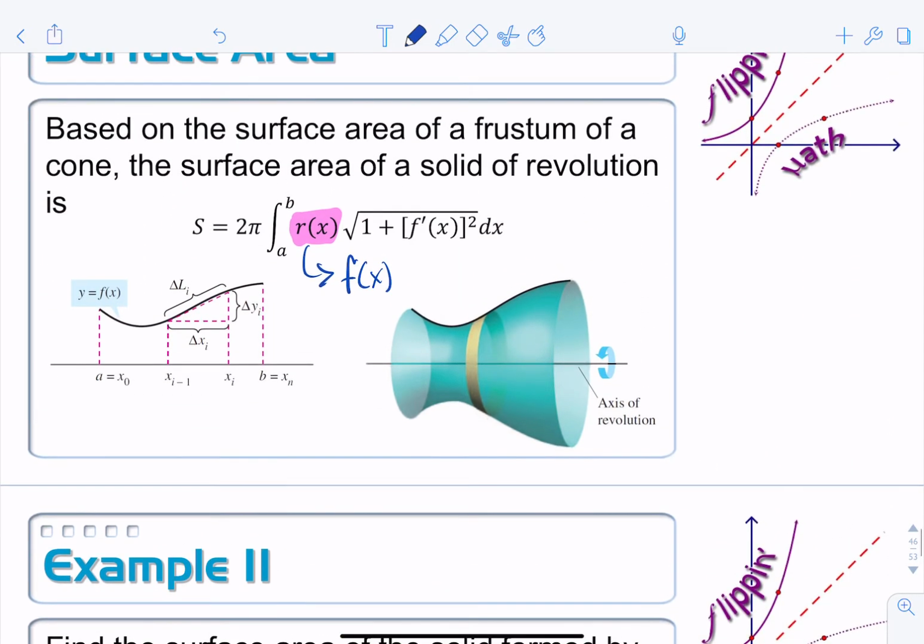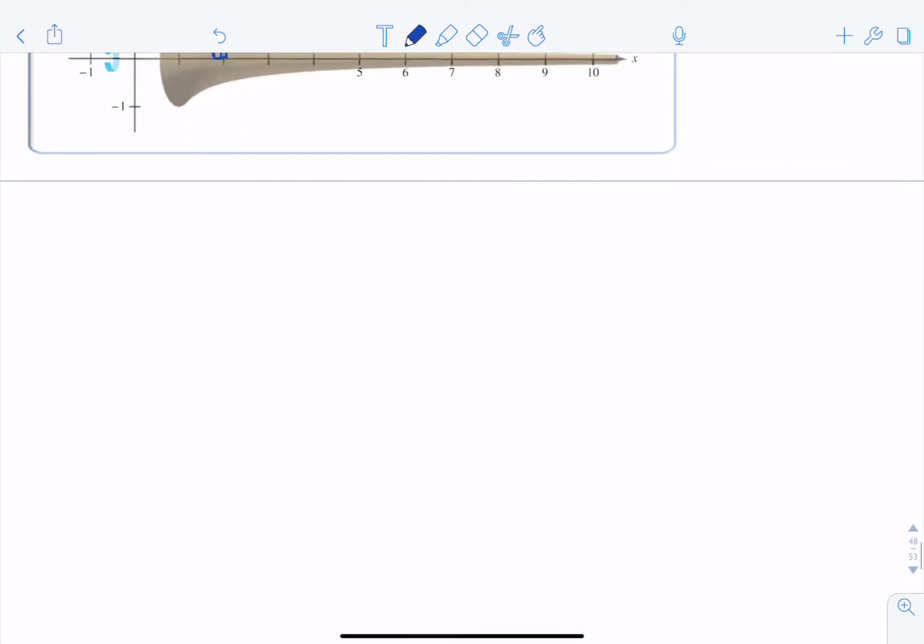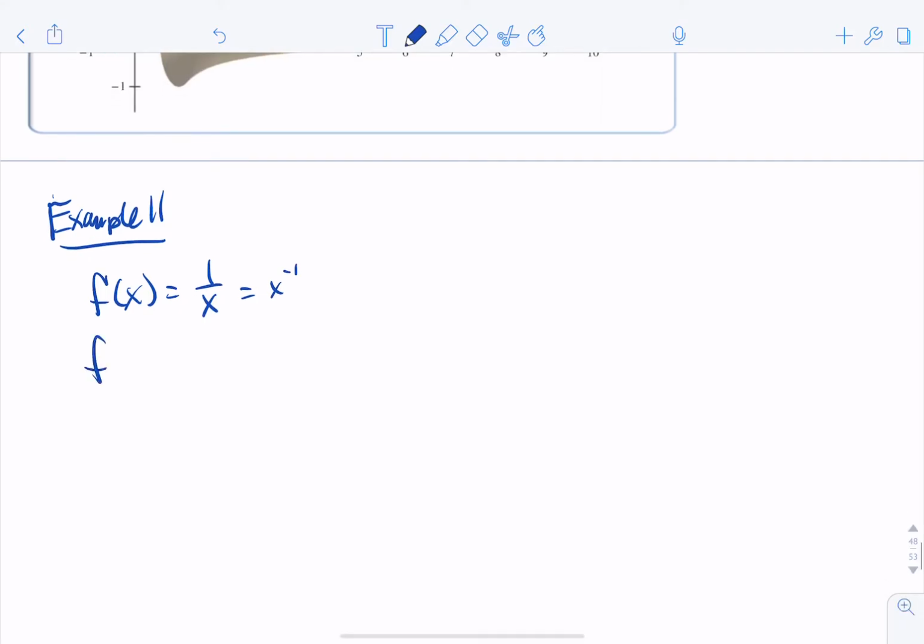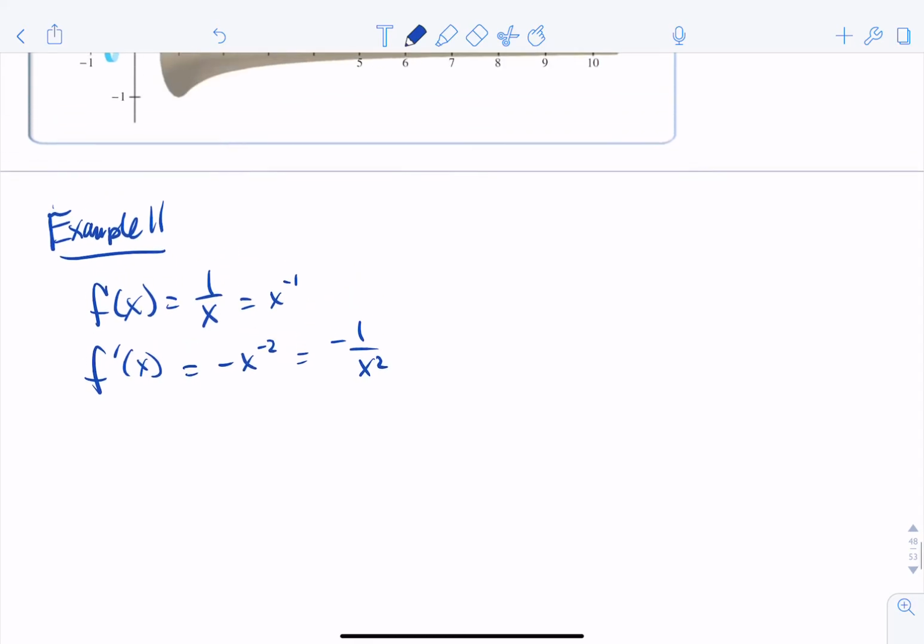All right, and then we'll also have to take the derivative as if we're going to do the arc length on this thing. So our f of x is equal to 1 over x, which is x to the negative 1 power, and then its derivative would be negative 1 x to the negative 2 power, or if you prefer, negative 1 over x squared. Okay, so now we're ready to set up an